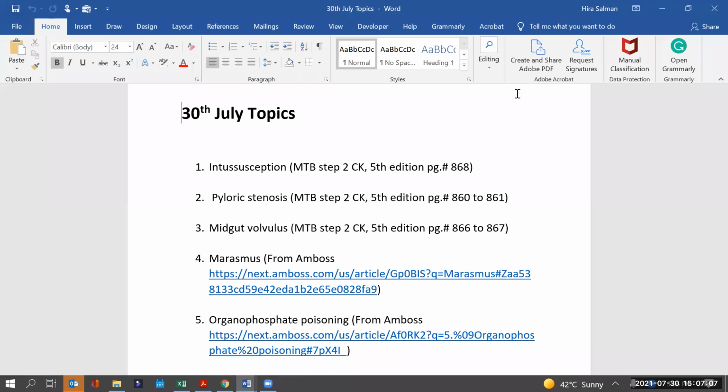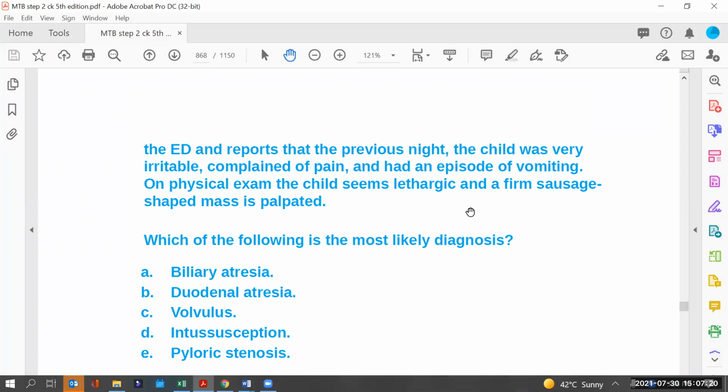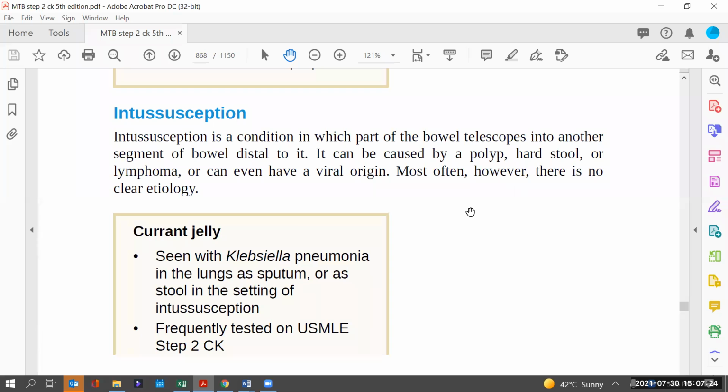So let's have a look at the first topic, intussusception. So let me take you to MTP. Okay, so intussusception is a condition in which part of the bowel telescopes into another segment of bowel